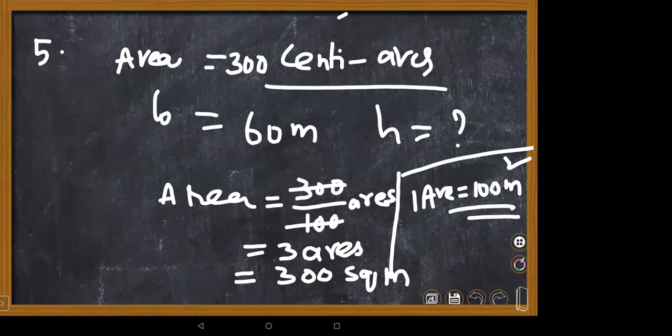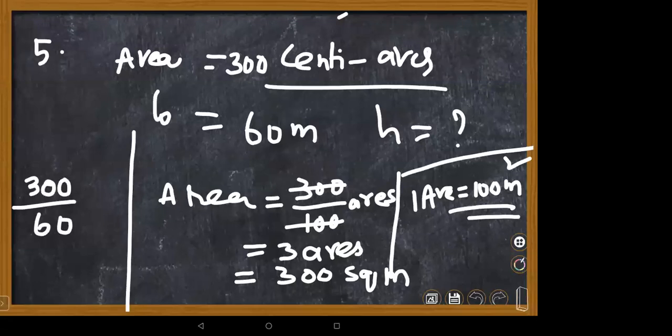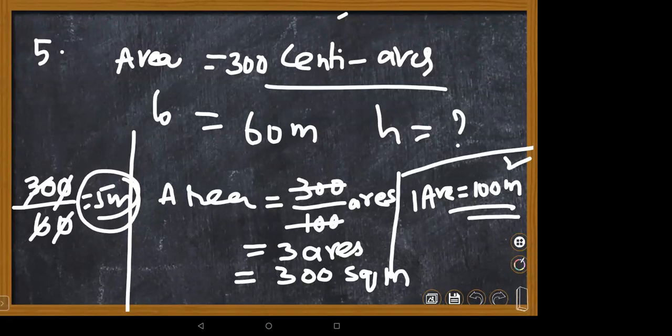Is the height 5 meter? Exactly, height 5 only, children. Why? Because area of parallelogram is base into height. Base into height is area, so area by base is equal to height. So 65 by 13 is 5 meters. 5 meters is the height of the parallelogram. Yes, ma'am.